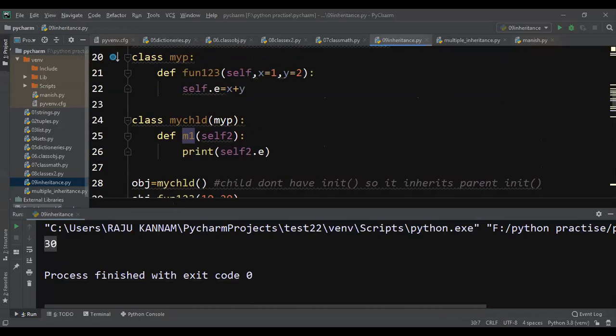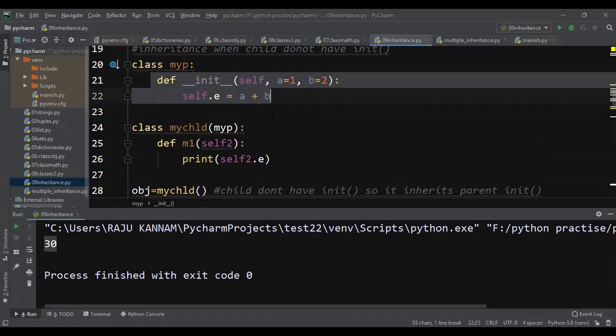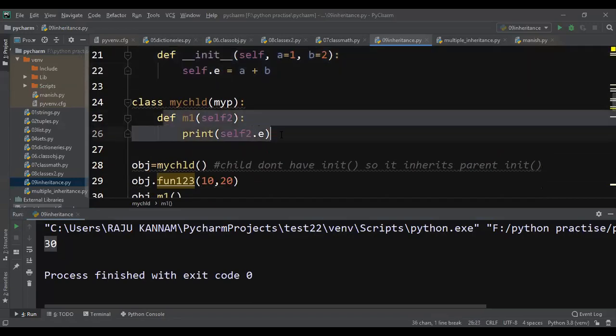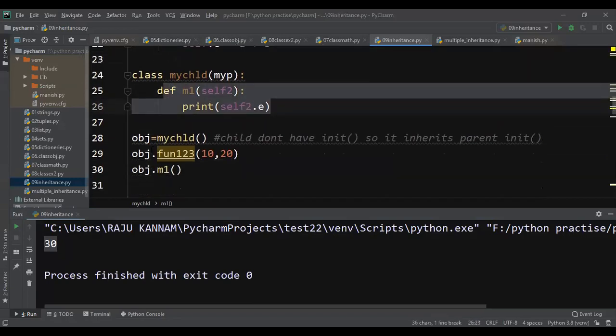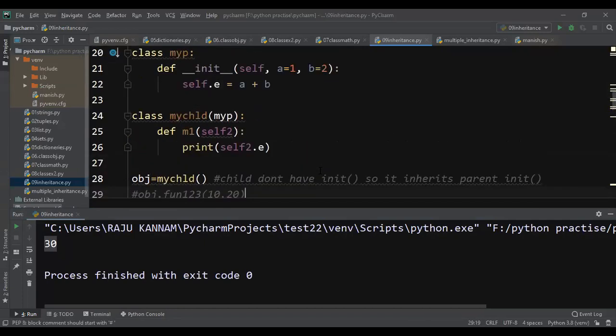Any doubts till now? Okay. So now I will paste the last code only, because earlier what we discussed is that in my parent I have the constructor, and in child I don't have the constructor. What is the conclusion in this case?